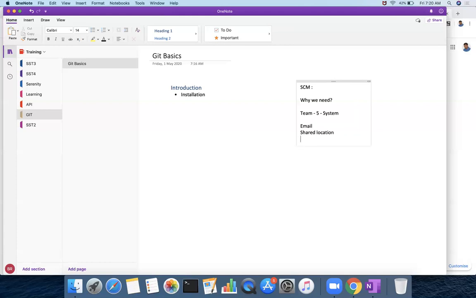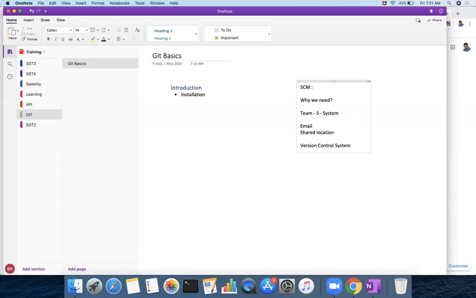So to overcome all these issues, we have SCM tools, which we call version control systems. Version control means if, let's say, I copy a file today, that is versioned. Tomorrow I come and copy one more file or update the existing file, then it is version 2.